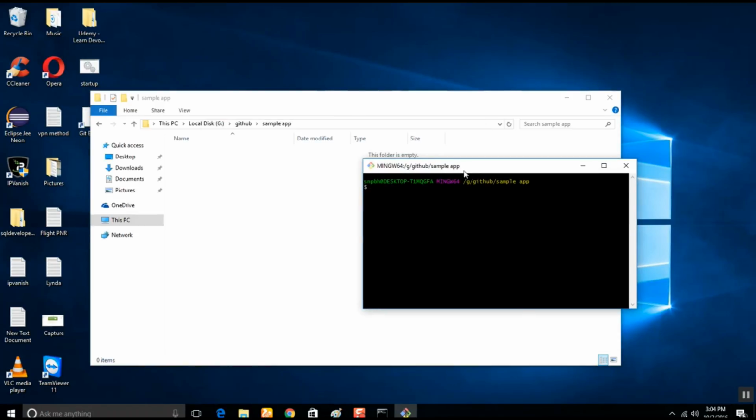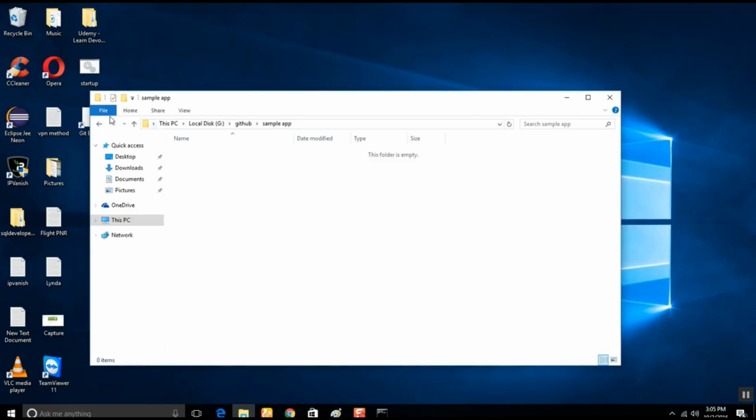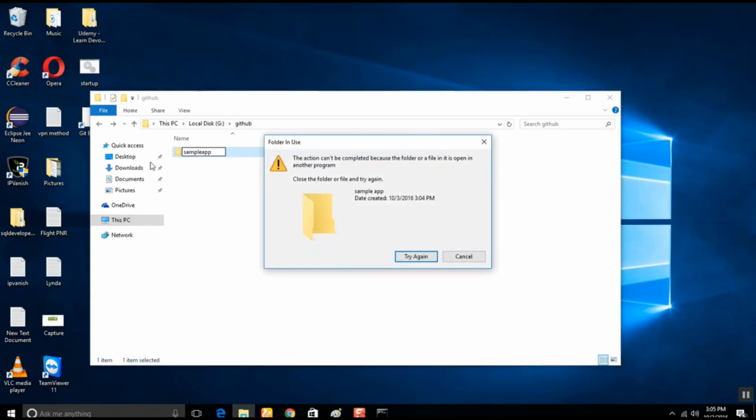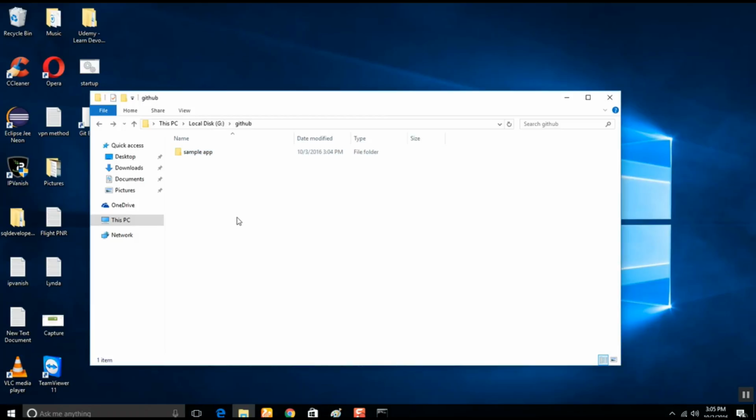Now the first thing that we need to do after creating this is, excuse me, it is not advisable to give any spaces in the folder names. So I'll quit out of this and come back. For now let me create a new folder, Control Shift N, new folder, hello app.